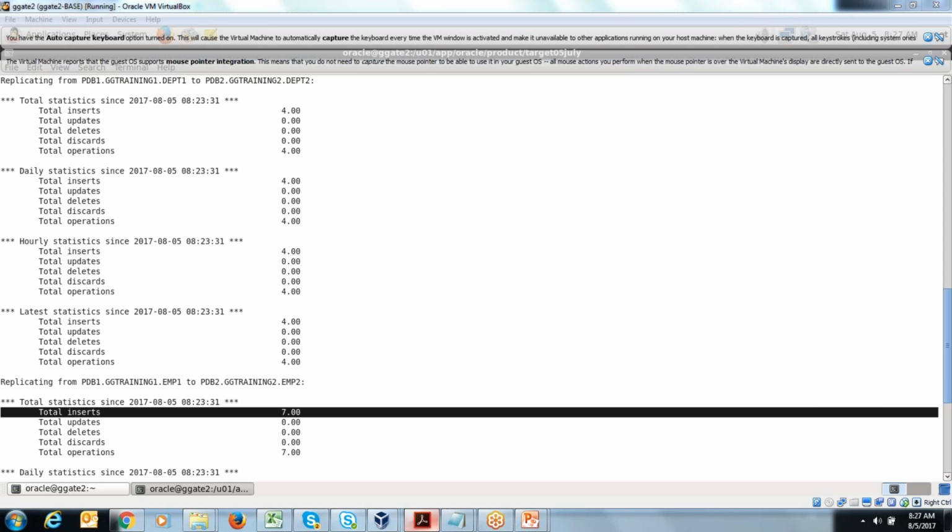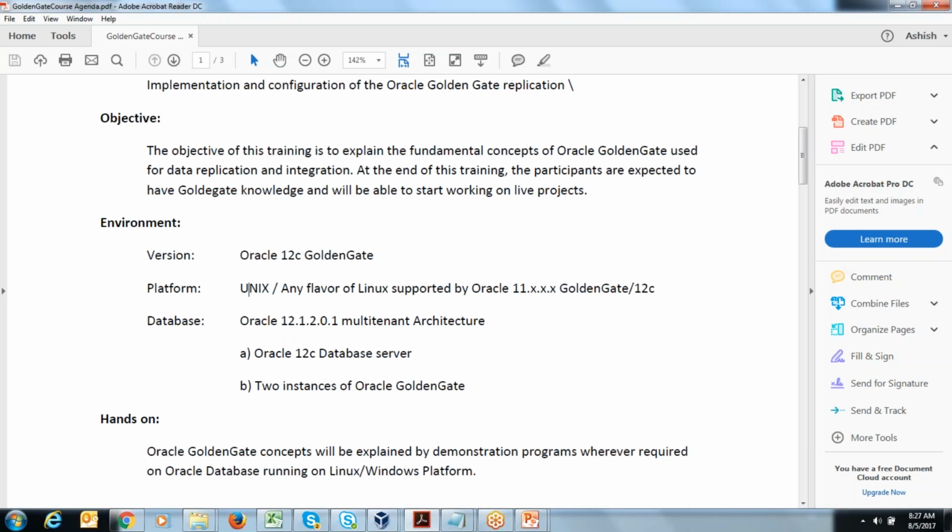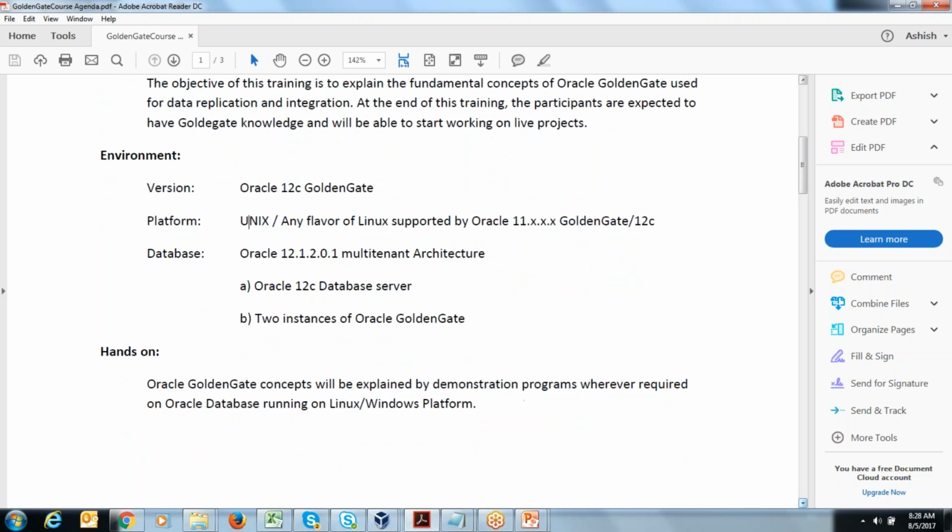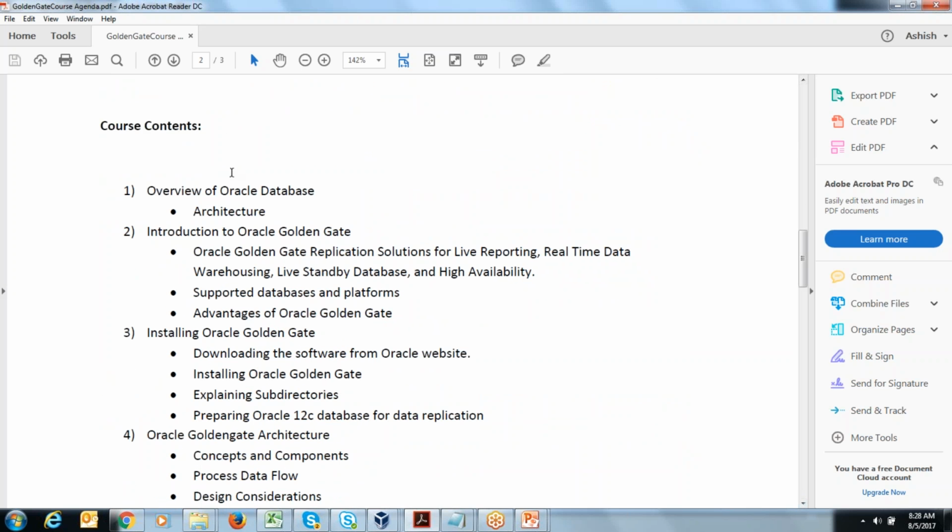So let us now see the course agenda. These virtual boxes will be shared with you with Oracle database and Oracle Goldengate software for training and learning purposes. The Oracle Goldengate version is 12.2 and the database version is 12c. This is completely hands-on training. First of all, we'll start with an overview of Oracle database. It will start from the basics and cover all the topics. The first topic will be the overview of Oracle database and its architecture, and how Goldengate